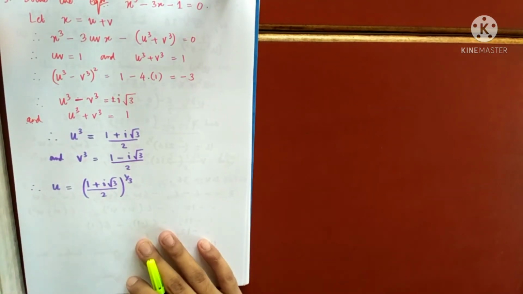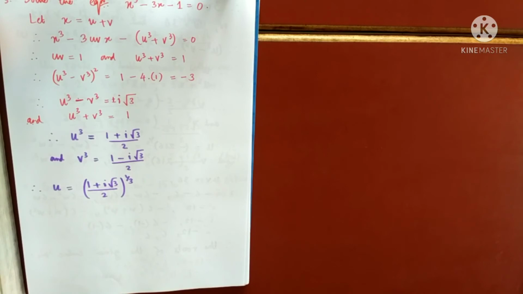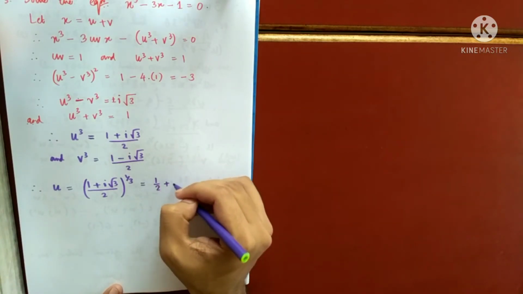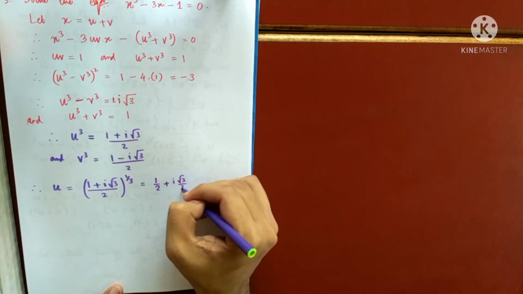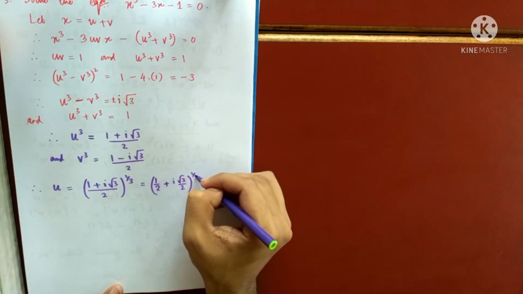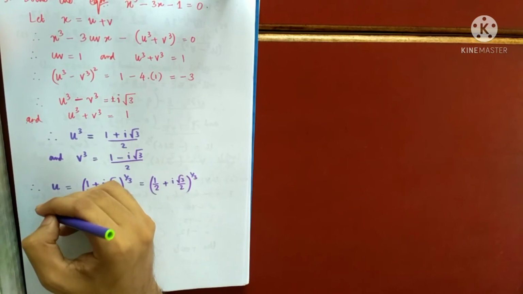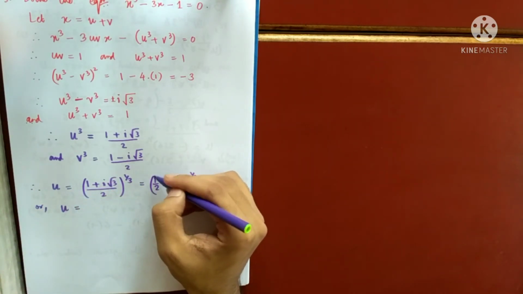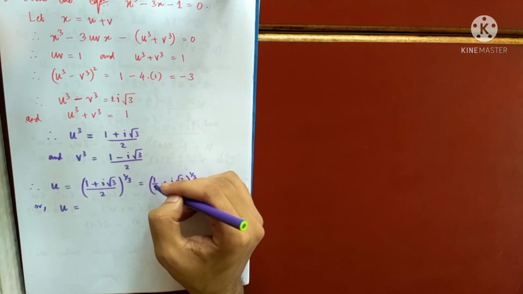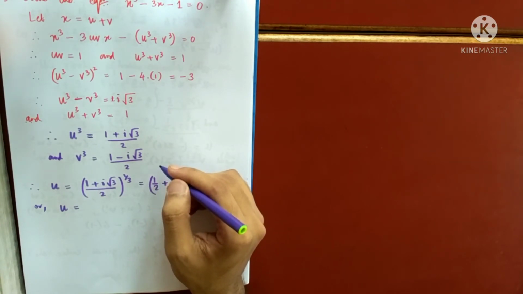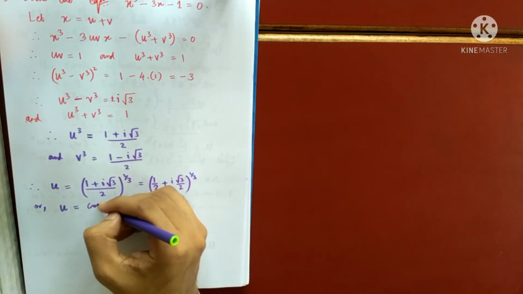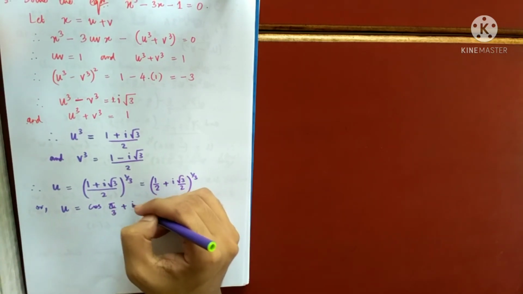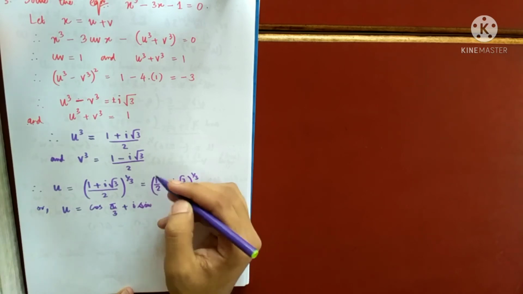So you write this down in the polar form. So what is the polar form of this? This will become (1/2 + i√3/2) to the power 1/3. So that is u equals, when is cos equal to half? It is at 60 degrees, no? That is cos of pi by 3, and when is sine √3/2? So this is the required polar form.